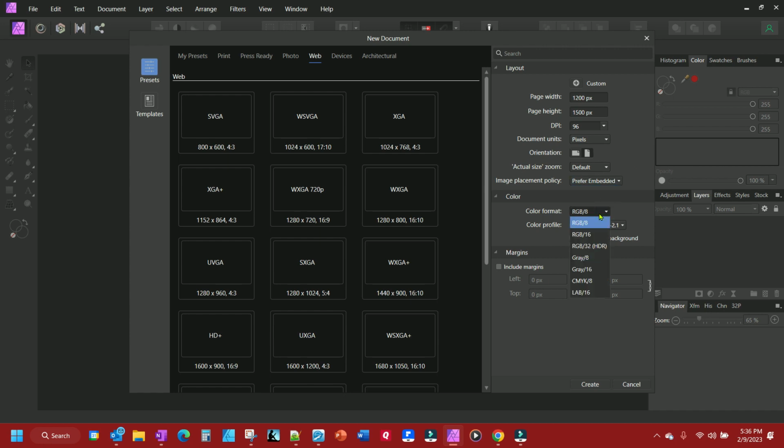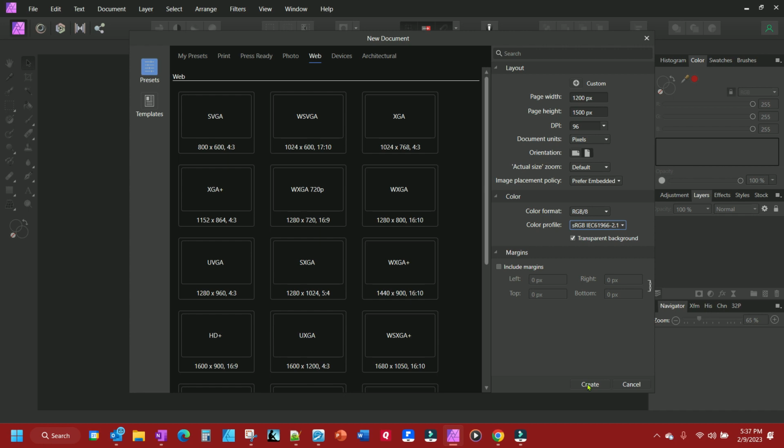Of course, you got color format. We have RGB and CMYK, the two most popular, RGB for web, CMYK for print. You have others you can mess with here. And then color profile, it defaults to sRGB, but you may need one of these others, so there's those. Now here, if you want a transparent background on your template, which is what I do, make sure that's ticked, because if not, it's going to come up with a color white usually. And if you're doing a lot of print, you may want to have your margins included as well. You can tick that right there and set your margins where you need them, and it will be like that